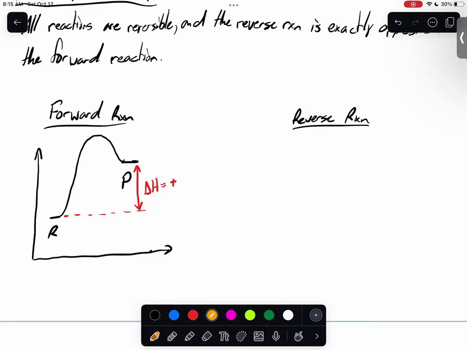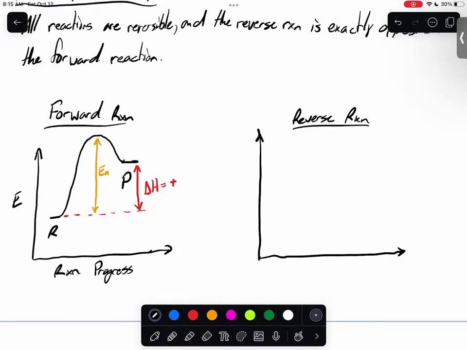And then our activation energy is sitting right here. It's quite large, right? So essentially, the principle of microscopic reversibility would say that if we were to do the reverse reaction, it would be the exact same as the forward. But what you'll find interesting is if that is the case, then what we see is that now our reactant